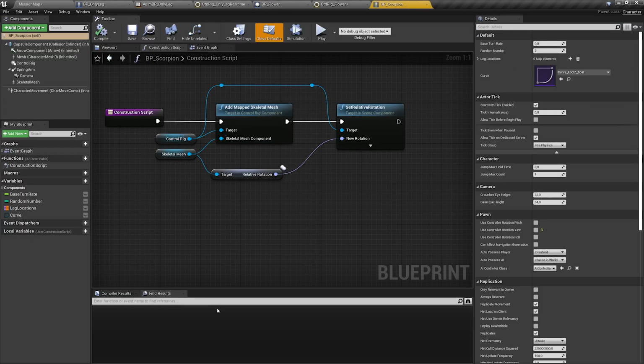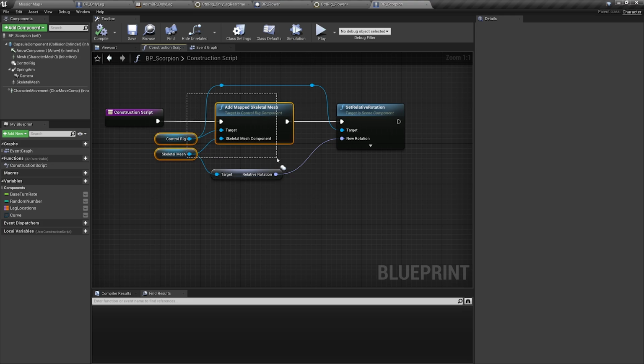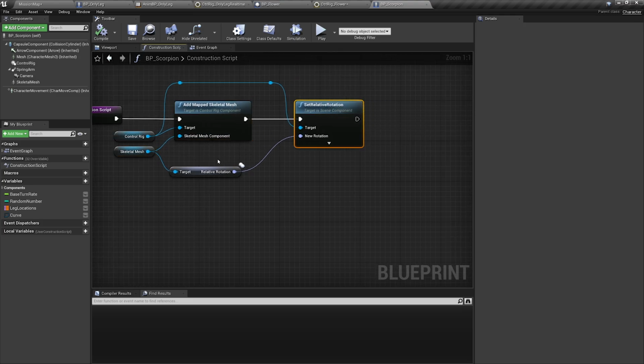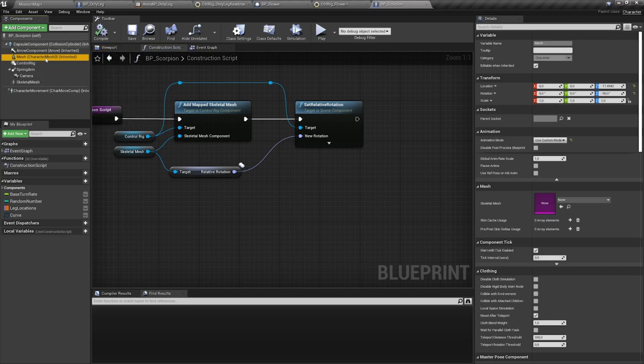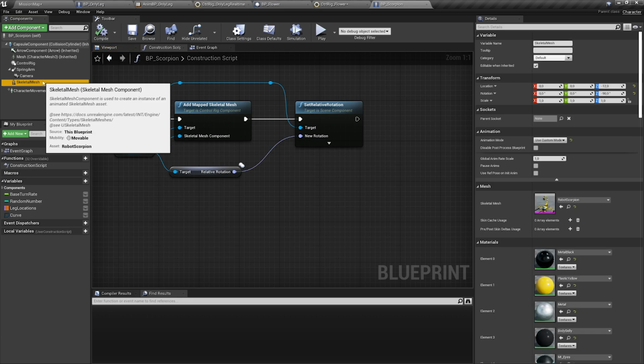So the blueprint is inherited from a character, and I added a control rig component like for the flower, and the asset here. And then I map them as I have shown before. But here I had to be aware that they are in sync. So the control rig and component have the same rotation. Right now, control rig is not working with the inherited skeletal mesh, so I created my own one, ignoring the one that is there.